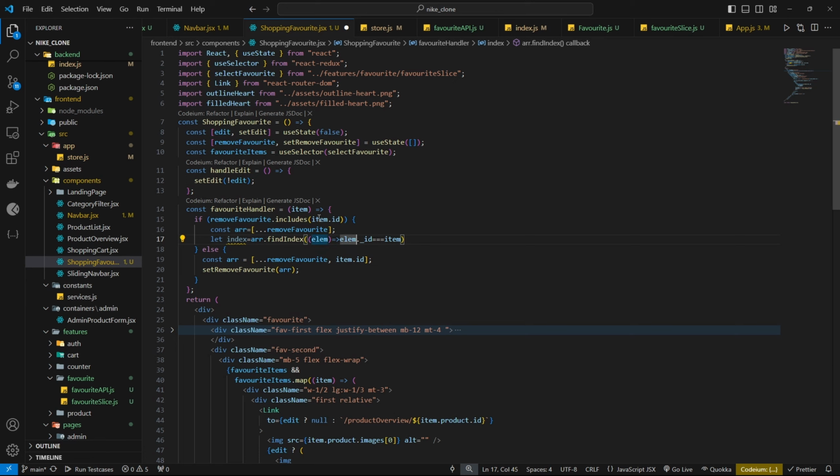Actually the element is only going to consist of the id, so we don't have to do something like this. Here these elements will be the id, and here inside the item